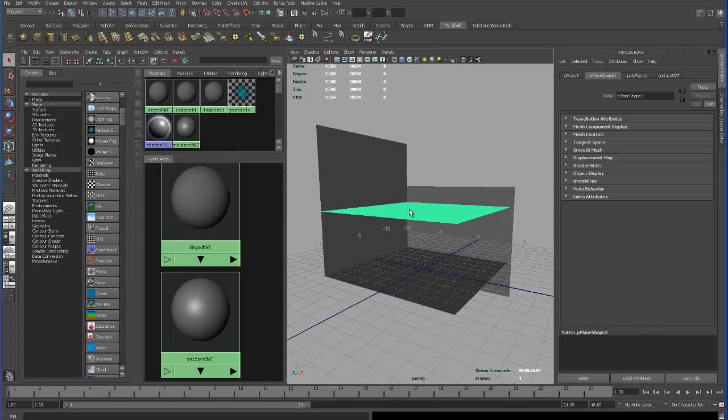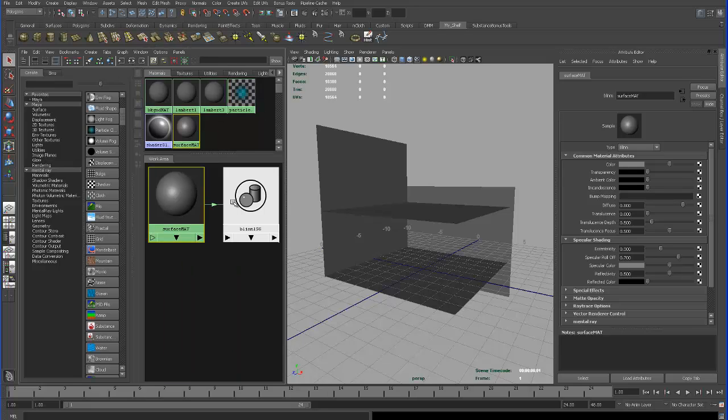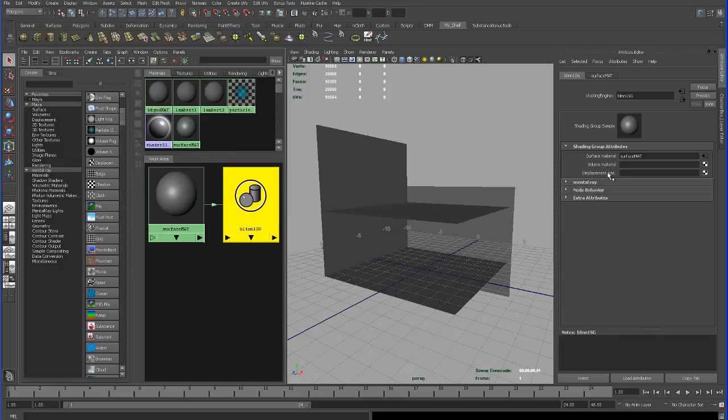Next, we want to create a displacement of this membrane surface so that we can see it in the viewport. So for this surface material, we want to place an ocean shader in the displacement slot here. So in this displacement material, what we're going to do is drag an ocean texture over to this displacement,